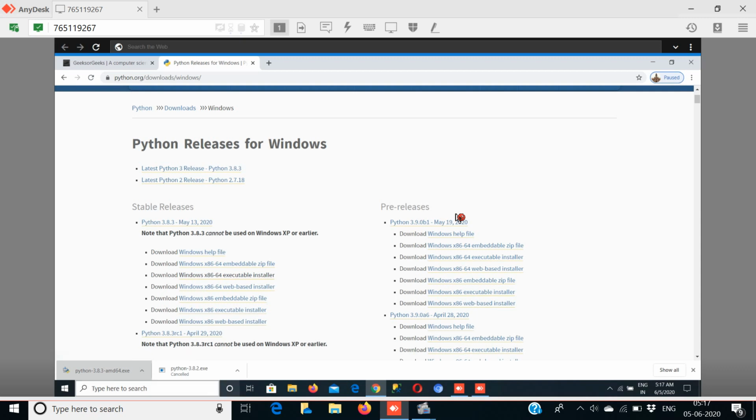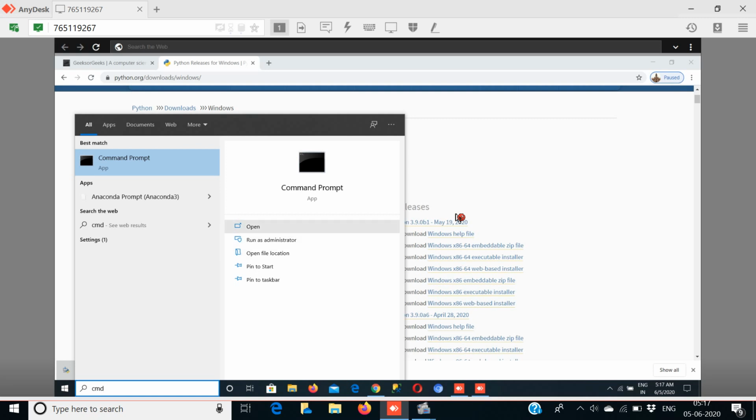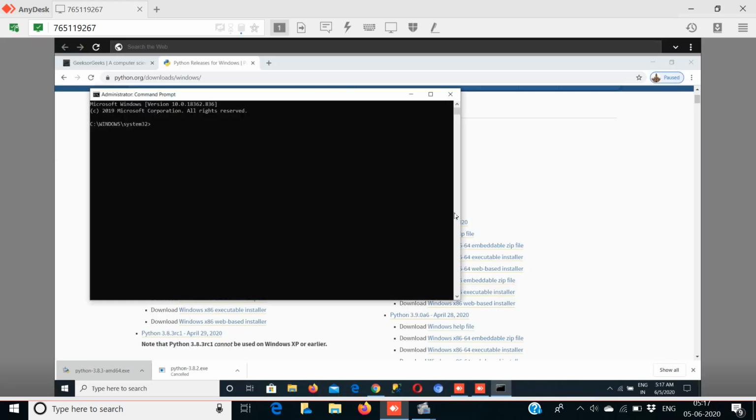To check whether Python is correctly installed in our system or not, run command prompt as administrator. Type python. See, it is saying Python 3.8.3. So it is correctly installed in our system.